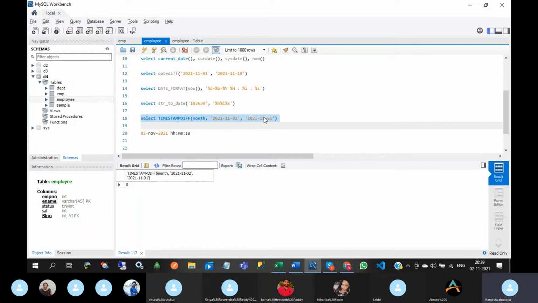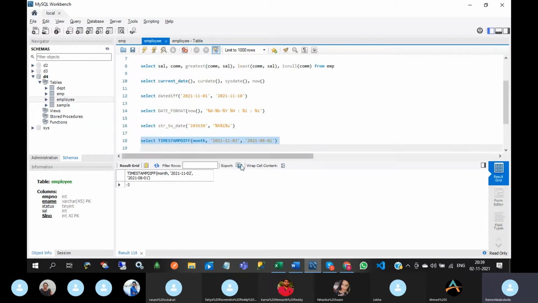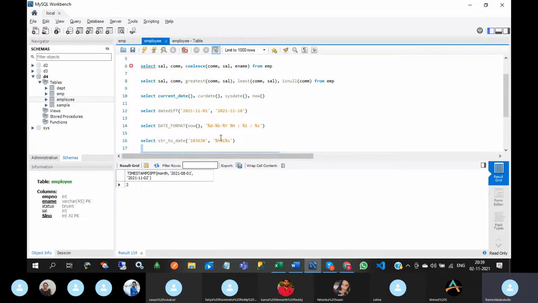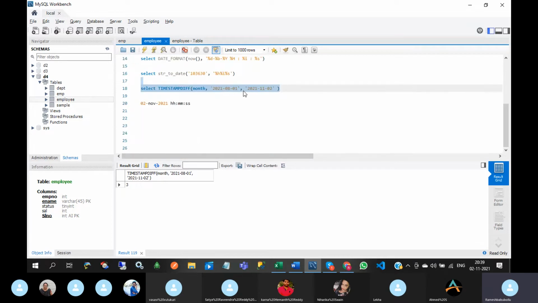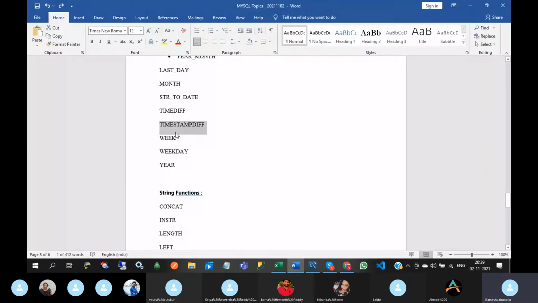So months I have given. If I give 08, so -3. That means this one has to be first. The lesser value should be in the first place, and the higher value should be in the second place. So this is about timestamp difference.